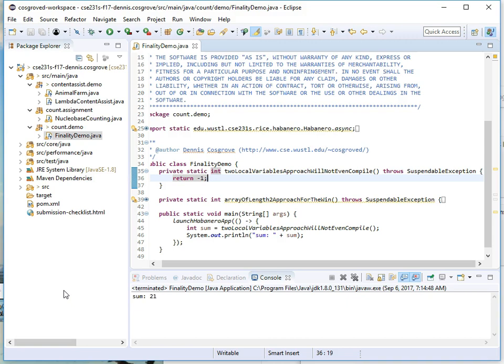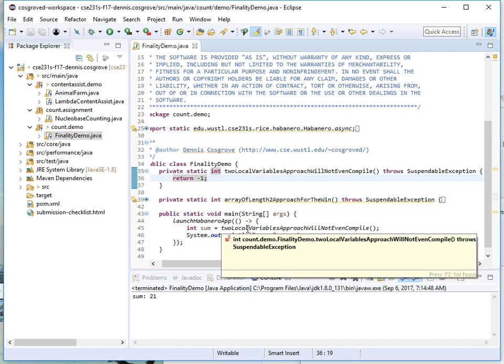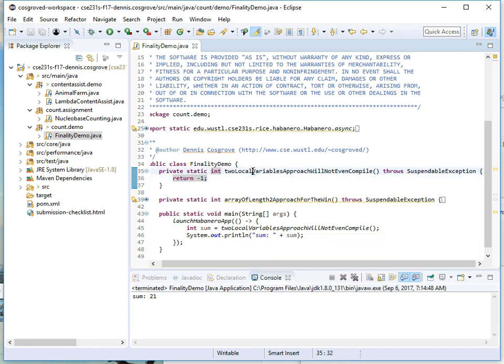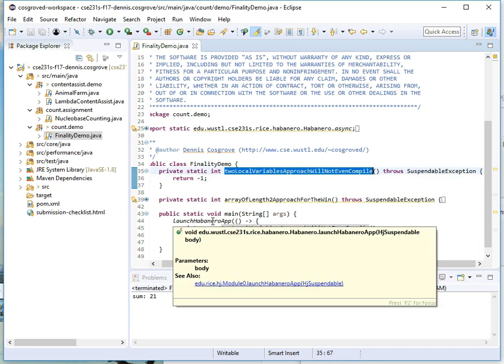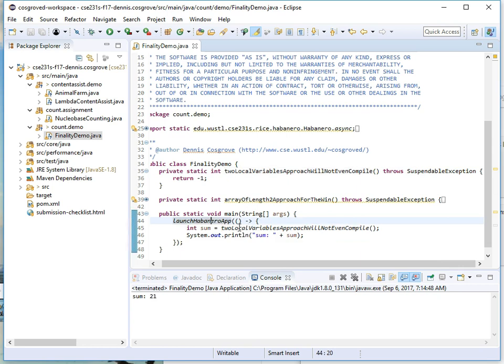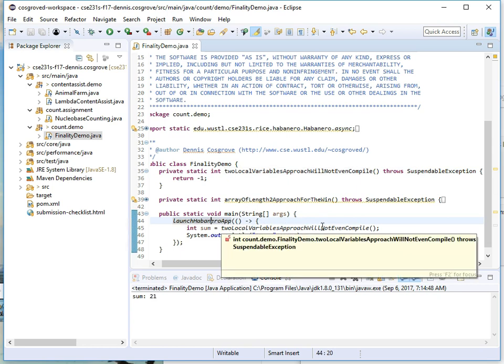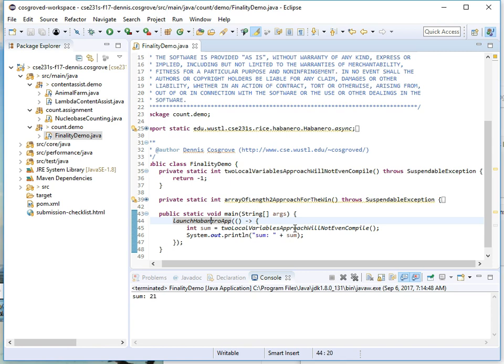Hello everybody, we're going to write a quick program to hopefully display how to get around some of the problems of finality in Java. So let's say, for example, we want to sum a couple of numbers, and we're going to have this rather simple program that says launch a habanero app and then take two local variables approach, which will not even compile. So that's kind of ominous right there,